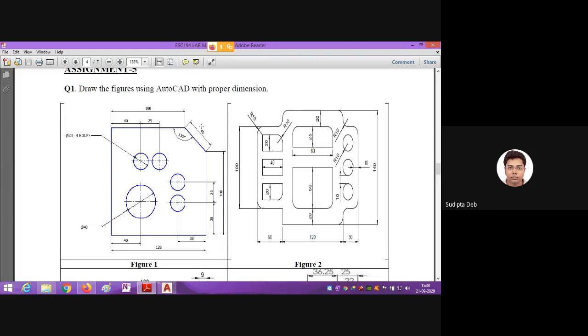So either I can say plus 315 or minus 45. Same line I can draw. Plus 315 means 180 plus 135, that is 315. Or if I measure in the clockwise direction, that is minus 45. So that I want to show in AutoCAD.